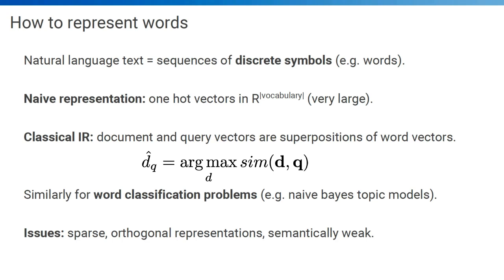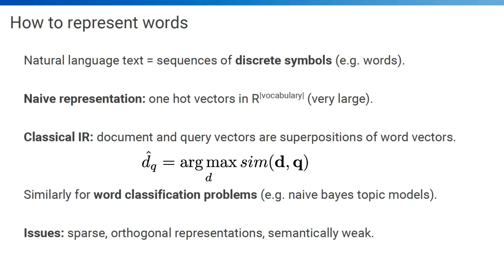This is a naive method of encoding, but it's been used in a lot of classical information retrieval models. So for example, if you wanted to implement a simple information retrieval system, you might model documents as simply the superposition of the word vectors therein. So you just obtain a single vector of counts over each word, how many times a particular word occurs in that document. When you want to